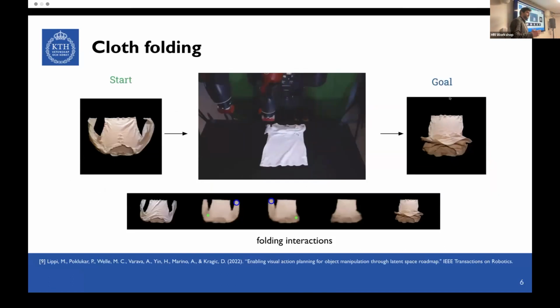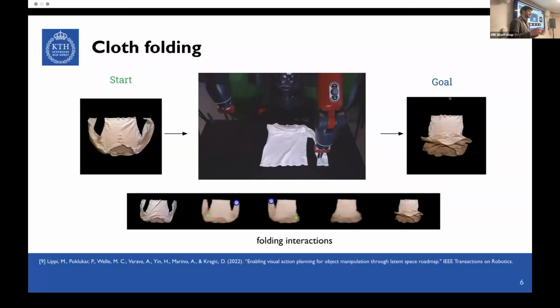And in another setting, in this case cloth folding, we can still use interaction to tackle the challenge of having this infinite dimensional configuration space. Here, the problem is formulated as: from a starting configuration of our deformable object, a shirt in this case, we want to arrive at a goal configuration. So we want our robot to provide us with the series of actions and states that the robot has to achieve in order to arrive at this goal configuration.